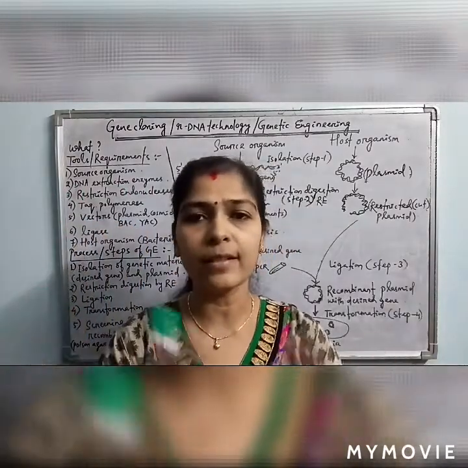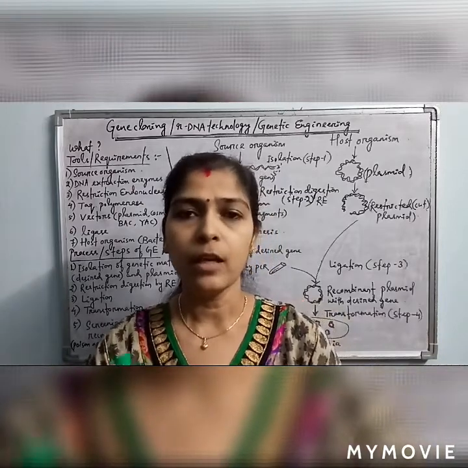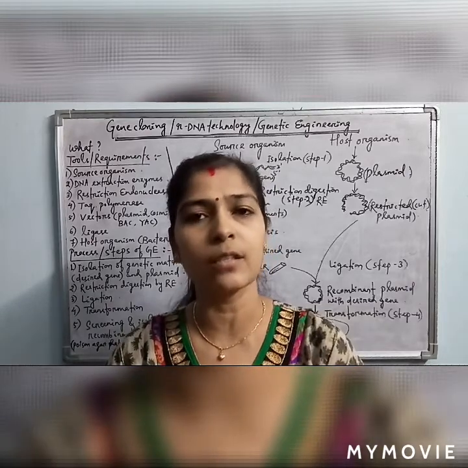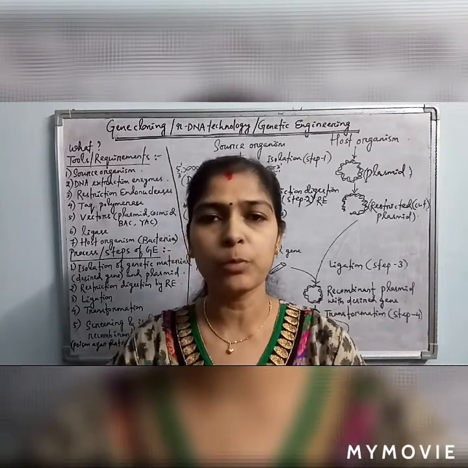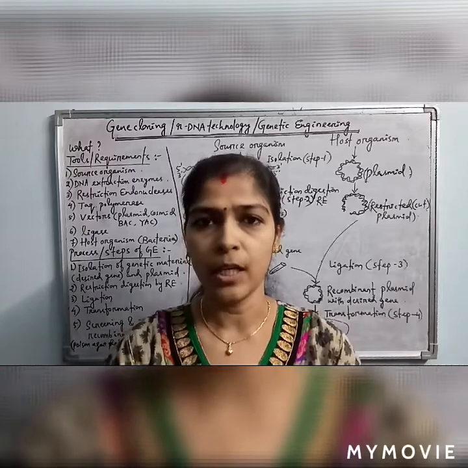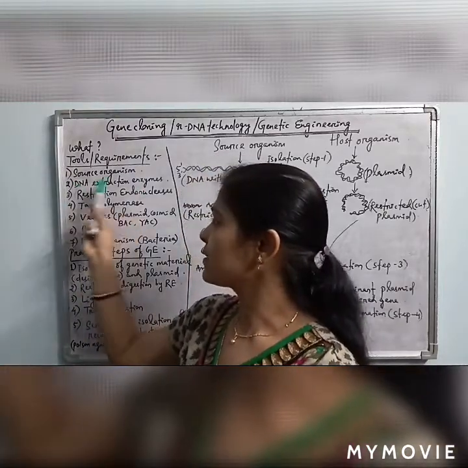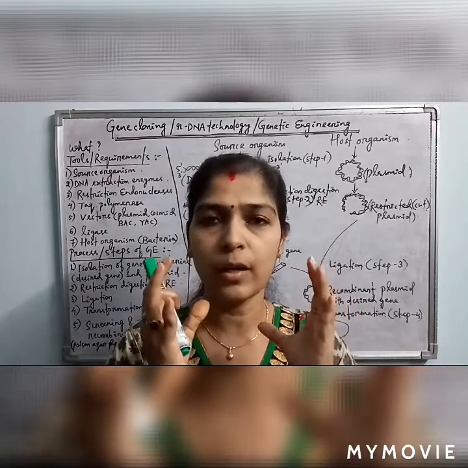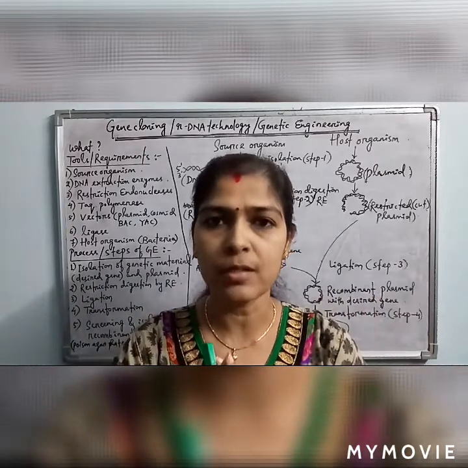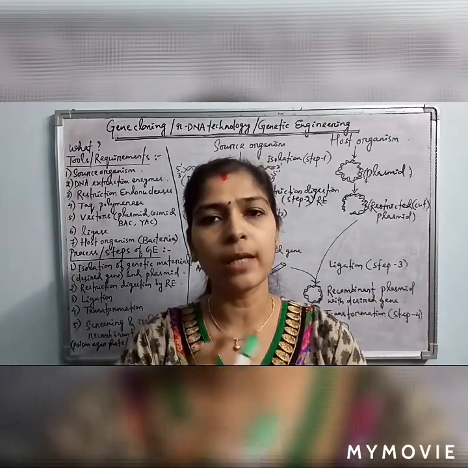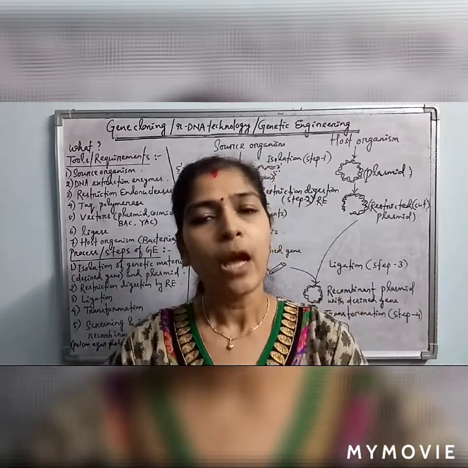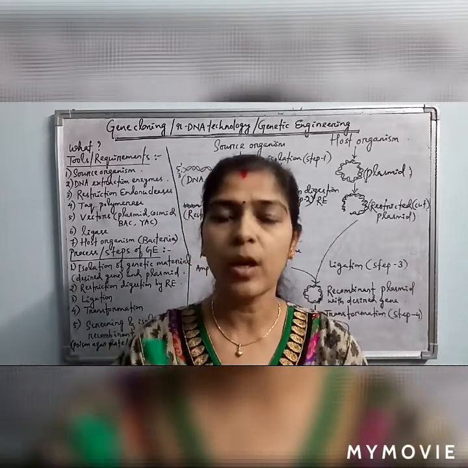When the cellular extract is collected, from this cellular extract we have to extract the DNA only. The DNA contains the desired gene, the gene which is to be manipulated and ligated into a plasmid to make the recombinant plasmid or recombinant DNA. So the second is DNA extraction enzymes. In the cellular solution, all the cell sap from the source organism cell must be there, containing all the molecules of the cell: the proteins, the RNA, and all the carbohydrates, which are the cellular components of the cytoplasm.